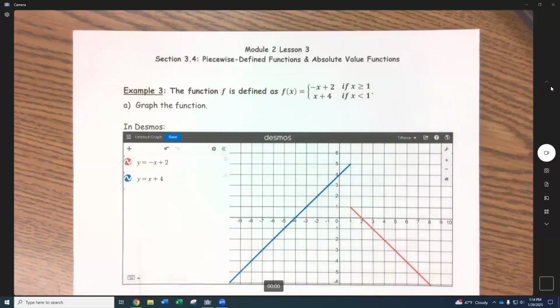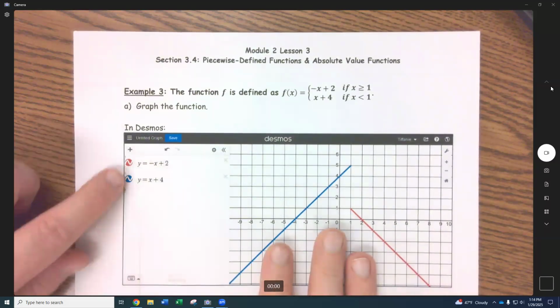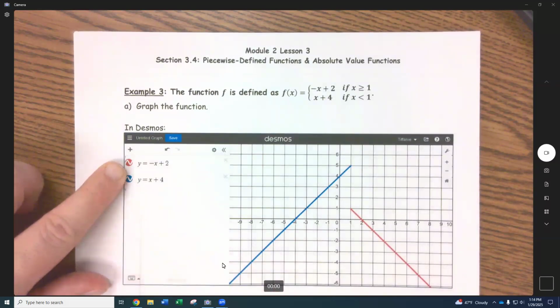Example 3 says the function is defined as f of x equals negative x plus 2 if x is greater than or equal to 1, and x plus 4 if x is less than 1. So this is the graph that I want to get. When I type this into Desmos just like this,